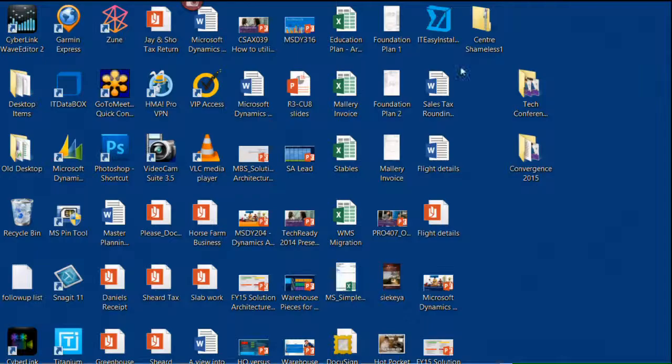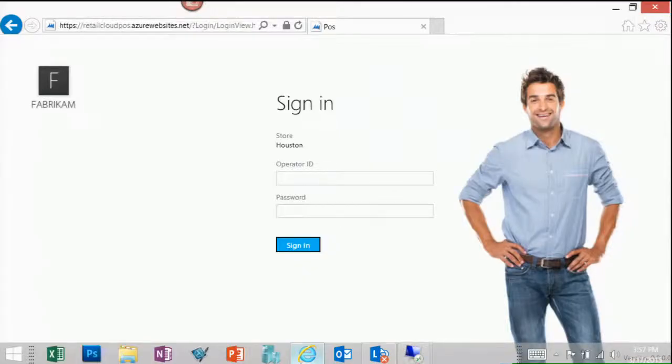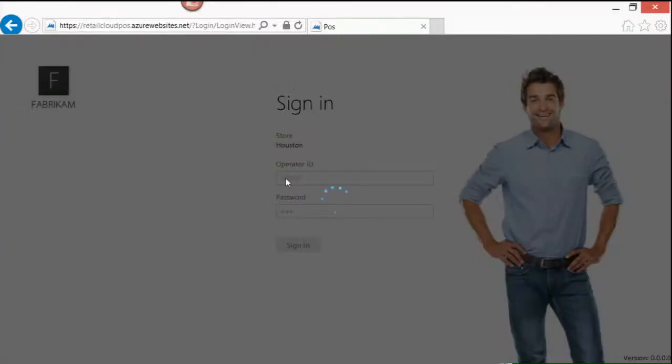Okay. Let me show you what the web POS actually looks like. I've just gone to my internet browser, and I'm using the same store as I used with the MPOS demonstration. Here I'm able to, as a user, log in. Keep in mind, folks, what I'm doing here is strictly over an internet browser. Zero footprint on the local device that I'm using. So it means that any device with an internet connection will enable you to process a sale. When I log in,